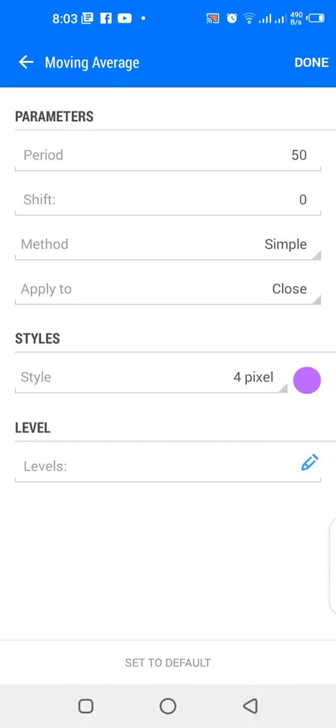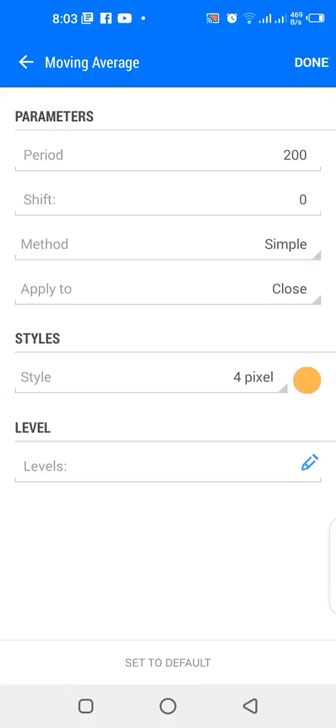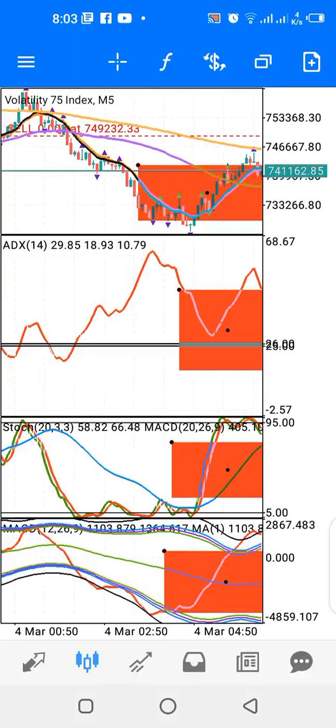The next one is the 50 period simple moving average applied to close, and the color is purple. And the final one on the main chart is a 200 period simple moving average applied to close, and the color is orange. So if we go to the main chart, all right,